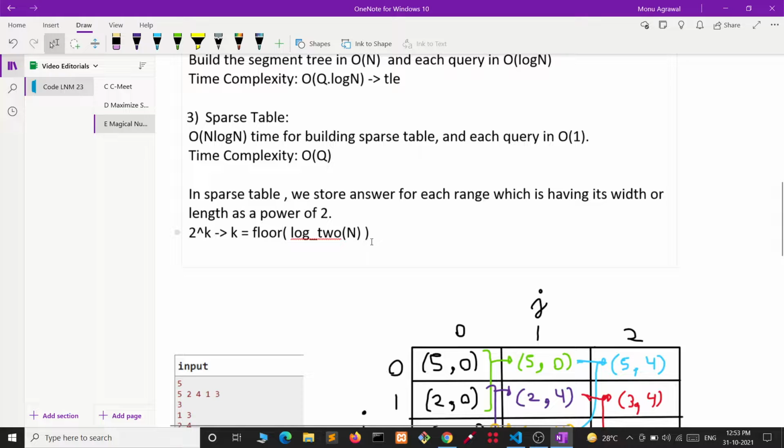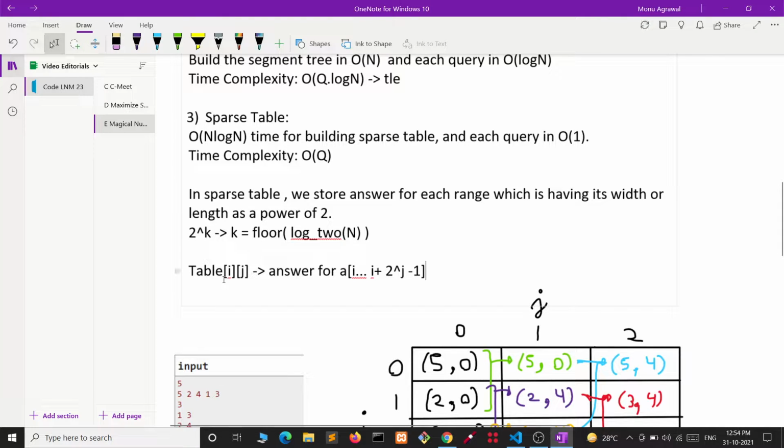So we will be using this fact in the sparse table. Let's say this is the table ij. It is just like a dp table only. Table ij will tell us the answer for elements in the range from index i to i plus 2 to power j minus 1.